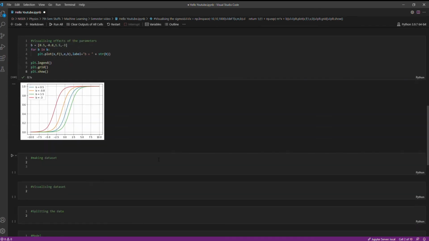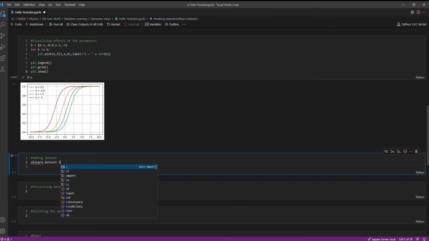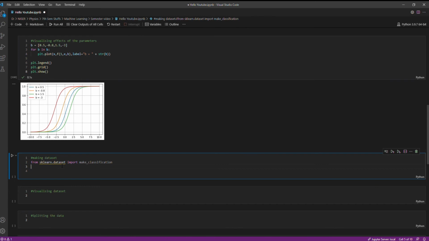So the next part is making our data set. As I said, the data set we will be importing from the sklearn library. So from sklearn.datasets import make_classification. The make_classification function is just used to make data sets.